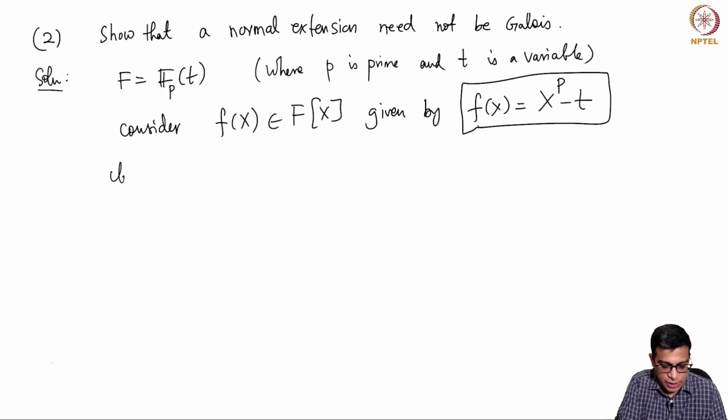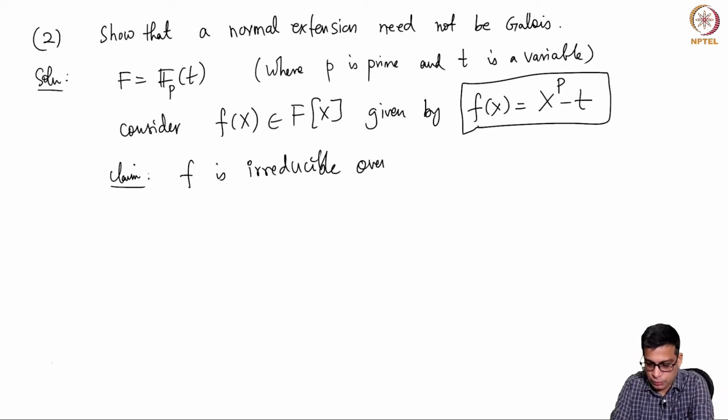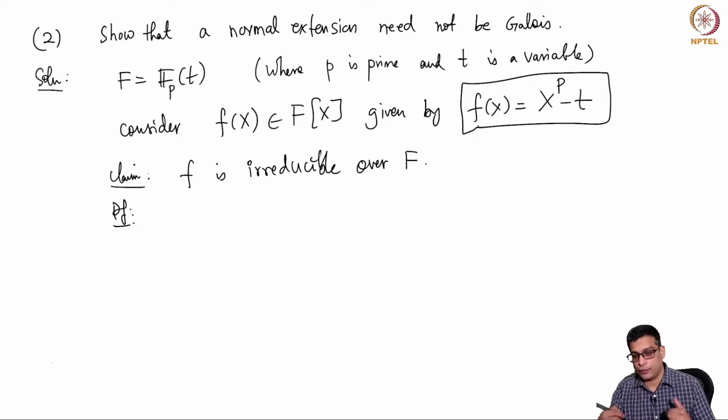So, the first claim is that f is irreducible over F. For p equal to 2, all you need to argue is that it has no roots, but for higher values of p, it is not enough to argue that it has no roots. But one can argue that it is not separable and it has only one root. So, actually what we will show is that,